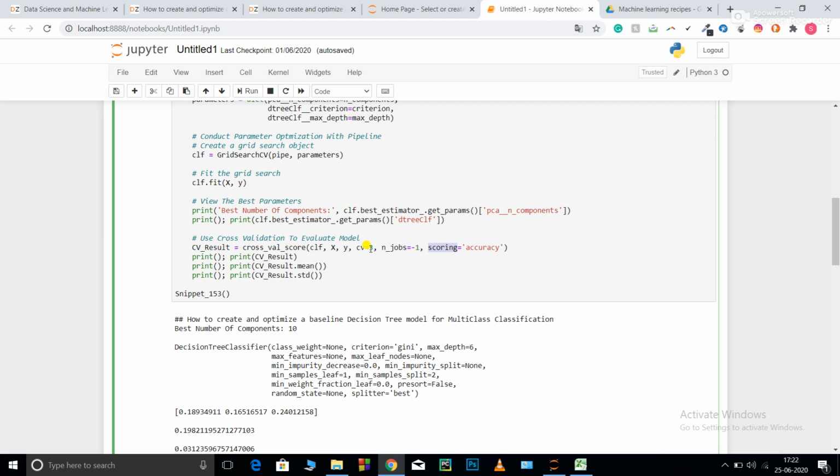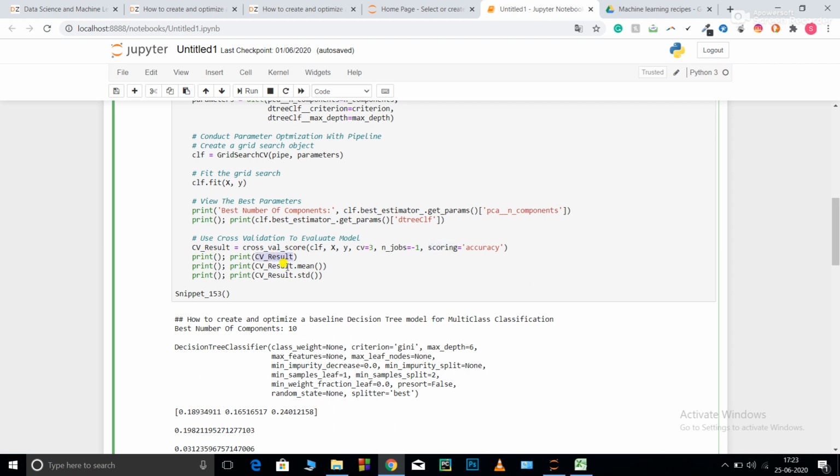Now let me explain to you how cross validation works. So if I pass CV equal to 3, basically it splits my data into three smaller data sets. It trains on 2 and tests on 1, and iteratively goes through all the different combinations of these three. So if I put CV equal to 4, it is going to perform 4 iterations, every time picking three data sets and training on them, and then selecting one for testing. In this way it makes sure that my model captures all the patterns of these data sets as well as keeps it from being overfitted.